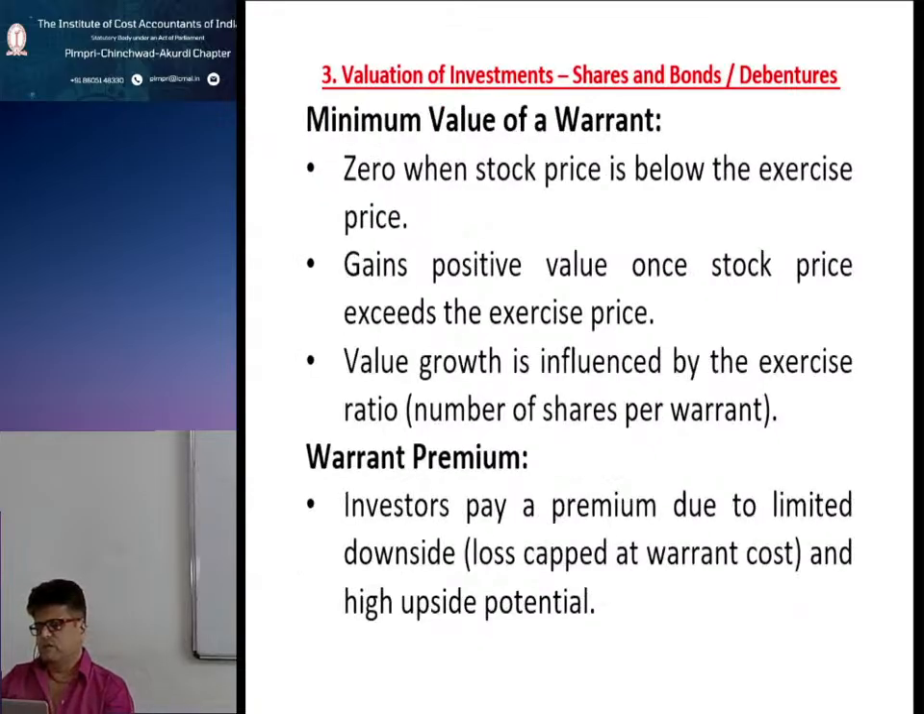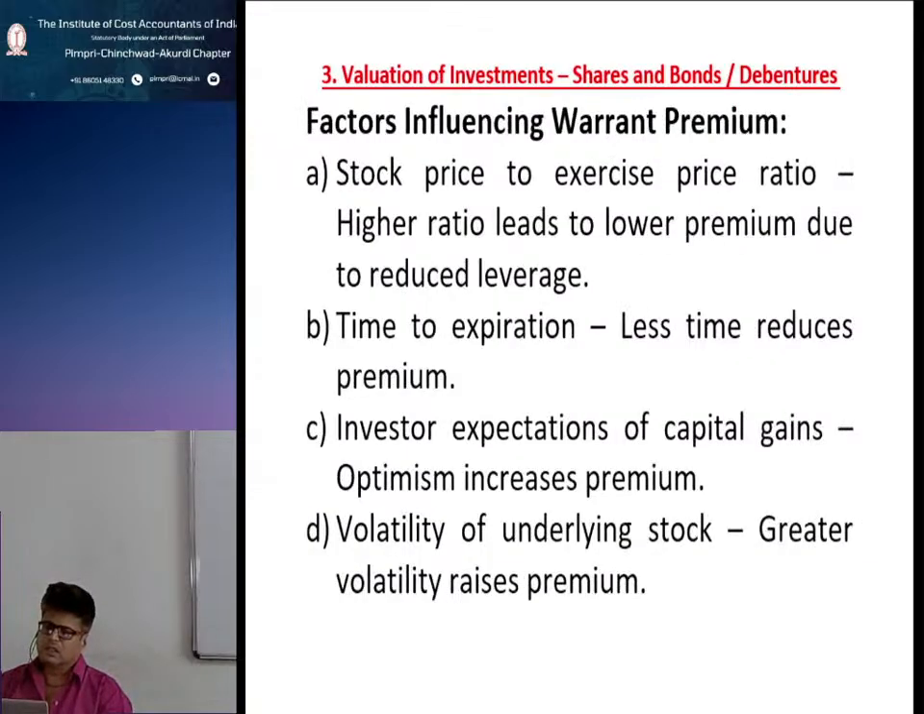Then, the minimum value of a warrant is 0 when the stock price is below the exercise price, and it gains positive value once the stock price exceeds the exercise price. Value growth is influenced by the exercise ratio, the number of shares per warrant. Warrant premium is what investors pay due to limited downside, loss capped at the warrant cost, and high upside potential. Then we saw the factors influencing the warrant premium, and they were primarily